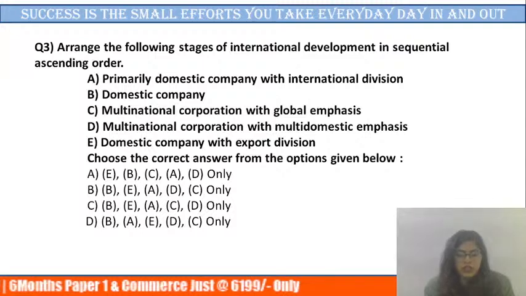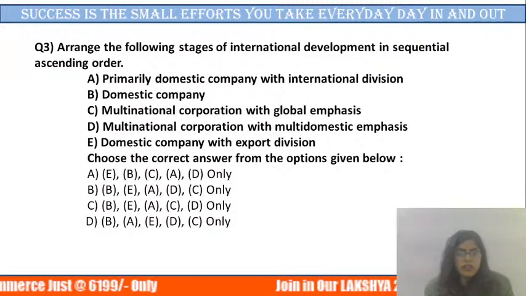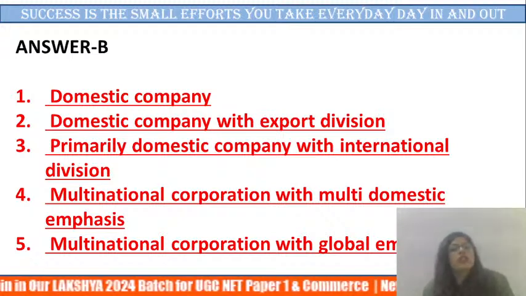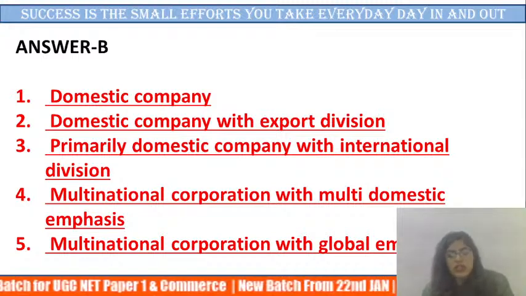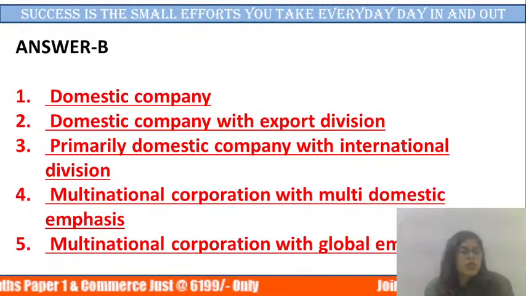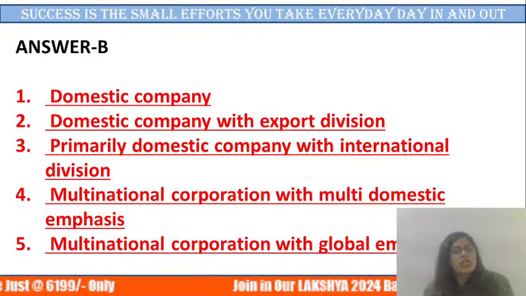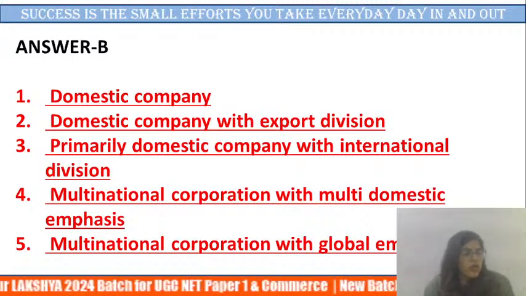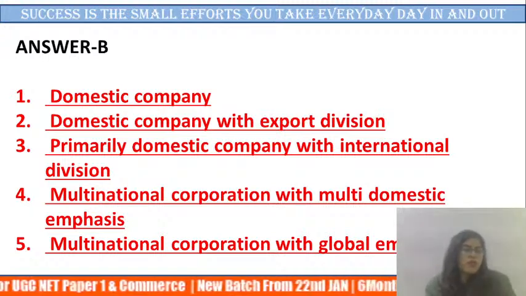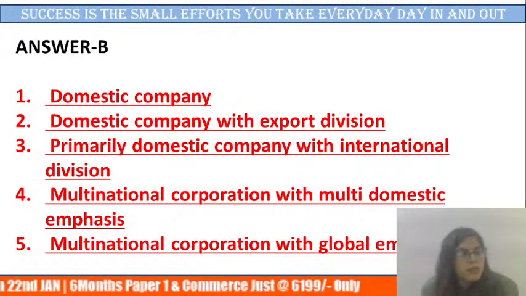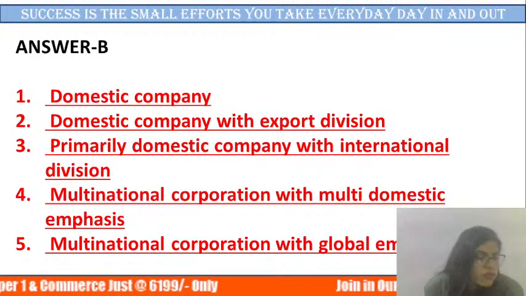Okay, let's see the steps now. Step by step, here is the process. If an organization wants to go into the global market, first the company will be domestic only. Even if you are a company, because you started domestically, you cannot go directly international. First you should have your own business in your home country, then you can go to another country. So first the company does operations and sells in the domestic background only, within the boundaries of the country.